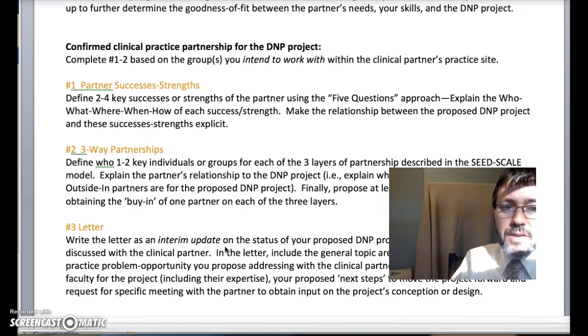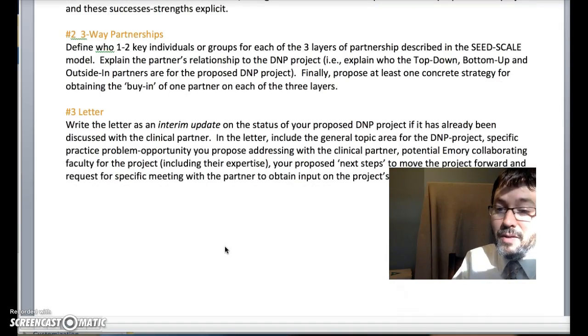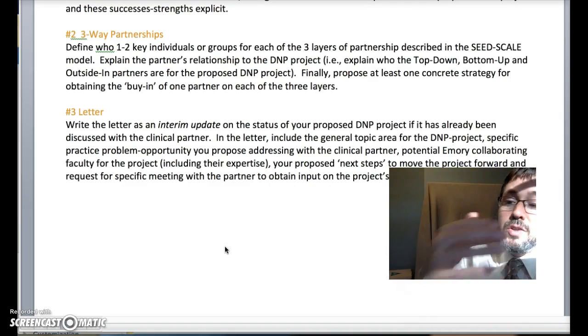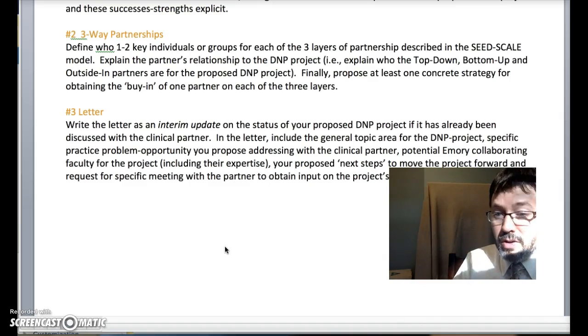Here on the next page, if you have a confirmed partner, you're still doing the partner successes and strengths and the 3-way partnerships, and you're being as concrete and specific to that partner as possible. As much knowledge as you have of that partner, you're going to write with that degree of specificity. And then your letter, instead of being a way to summarize who you are and how you learn to the partner and the potential benefit of your project, if you have the partner confirmed, you're wanting to use this letter